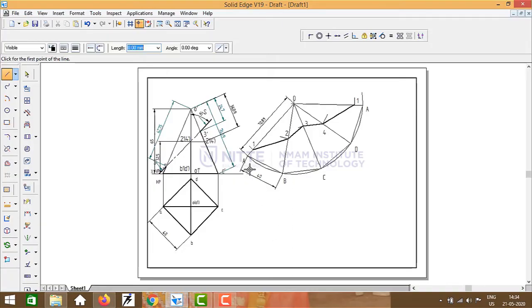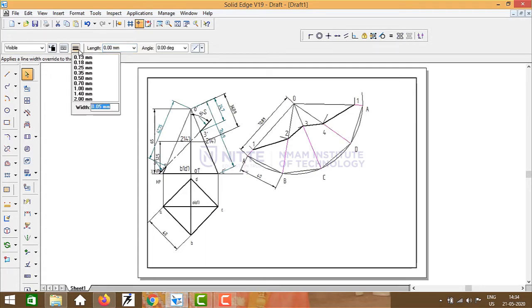So next, all these base edges are visible as well as the slant edges are visible. So make them thick line. You can use the split command and split these lines at 1, 2, 3 and 4. So I'll split this, select the line and split here, select the line, split here, and select all these slant edges individually, make them 0.4 millimeter thick line. Same way all the base edges, select and make it 0.4 millimeter.